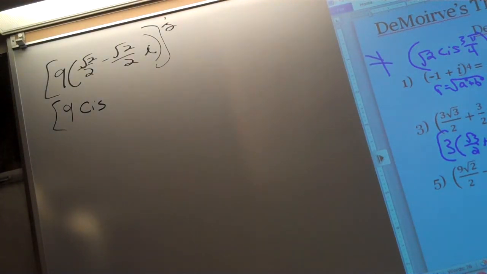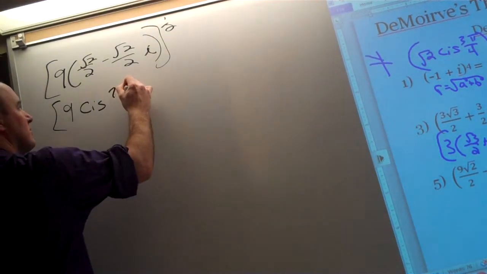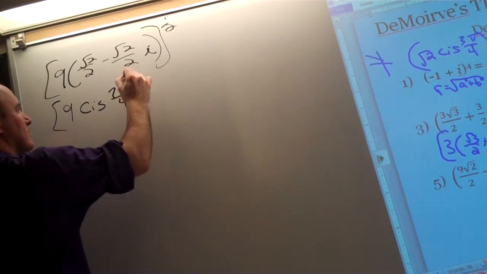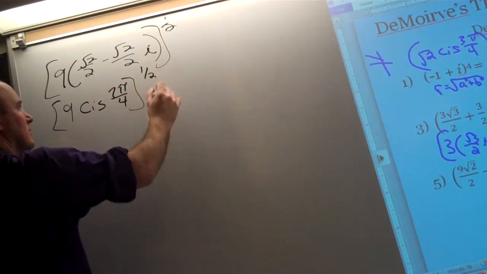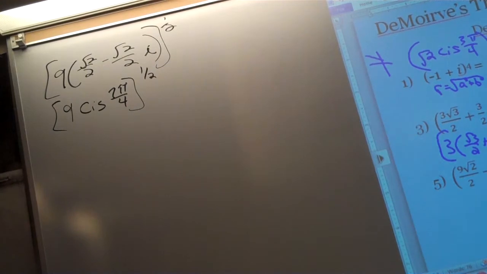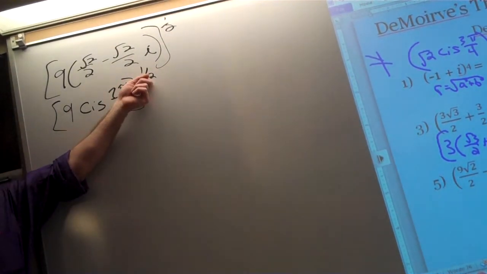Isosceles triangle looks to be in quadrant 4. 7 pi over 4, to the 1/2. Oh, that is nice. The square root. So now we use De Moivre's theorem. 9 to the 1/2 would be